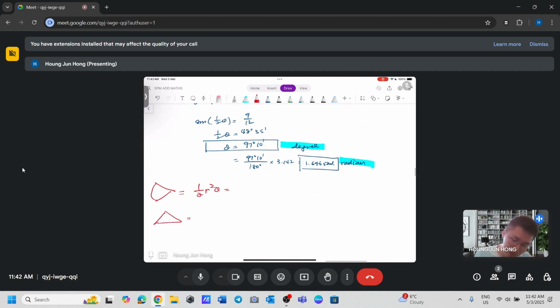Sector is half r square theta, so half 12 square theta, 1.696, equal to 122.11. Then the triangle would be half r square sine theta, so half again 12 square sine what? Sine 97 degree 10 minute. This should then give you